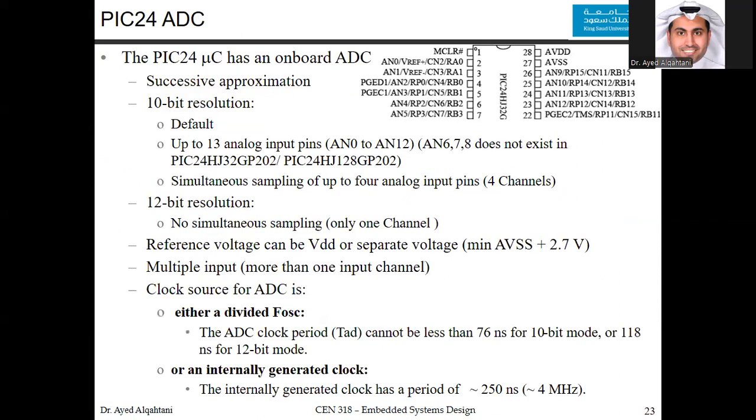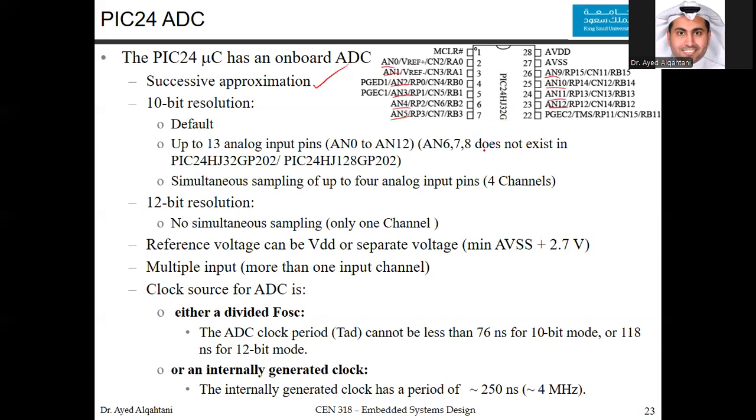Now let's move from the theory part to the PIC24 analog to digital converter. Now here are the choices for the PIC24. It uses the successive approximation, which is obvious. If you go to the PIC24 Venn diagram, you would see analog values, and we've mentioned that when we talked about the GPIO. You have AN0, AN1, AN2, 3, 4, and 5. 6, 7, and 8, you won't find them. And then you have 9, 10, 11, and 12. That's for this specific PIC24, which is PIC24 HG32